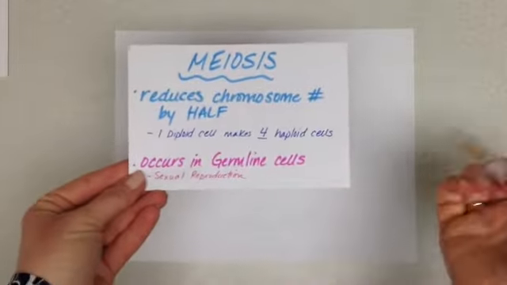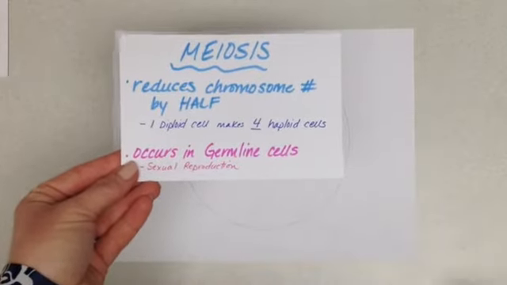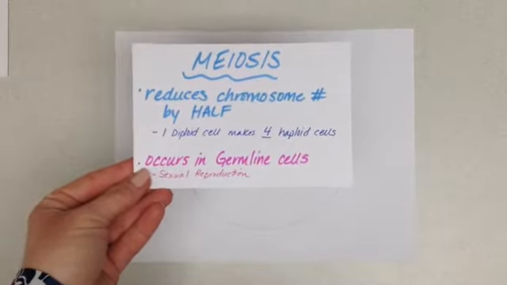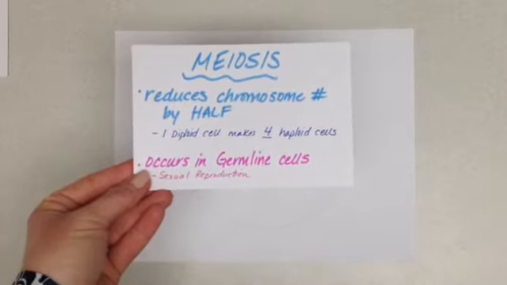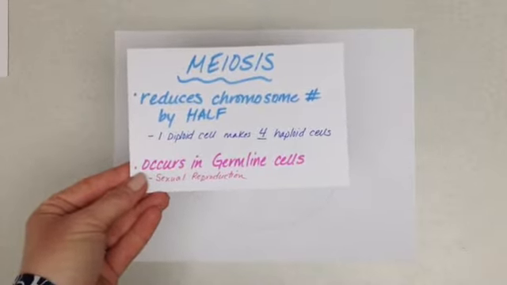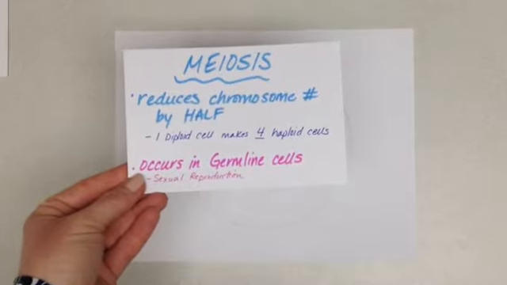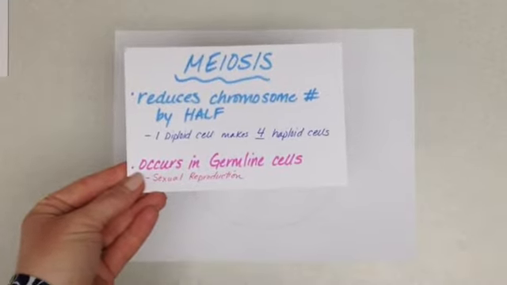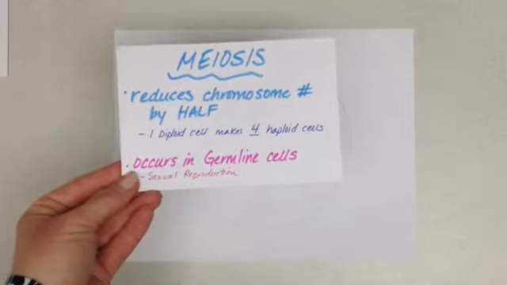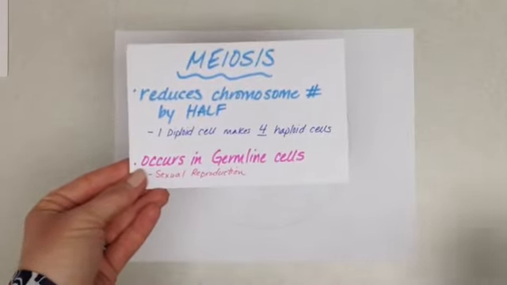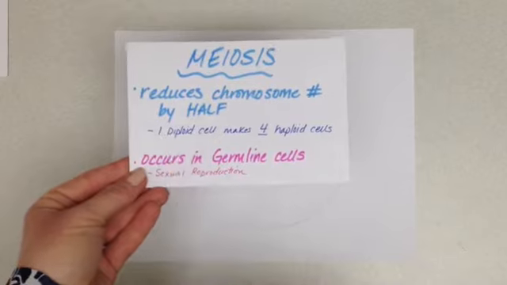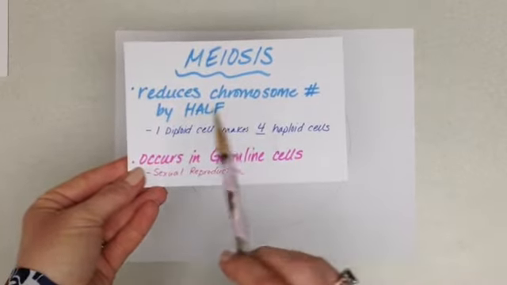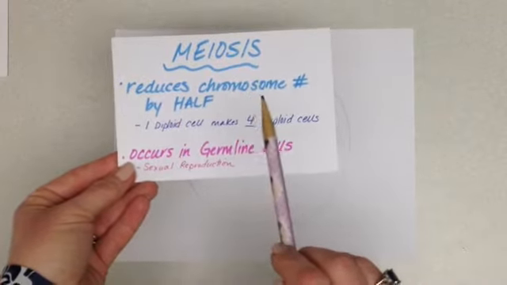And so if you recall, meiosis is a specific type of cell division that occurs in multicellular eukaryotes. This is the division that we use in order to be able to carry out sexual reproduction, right? We're talking about making the sperm and egg that we can use to make a new individual. And so because of that, the thing that we need to remember about meiosis is that it reduces our chromosome